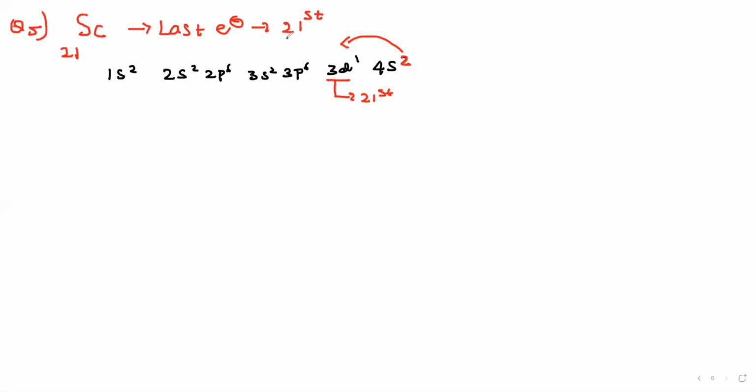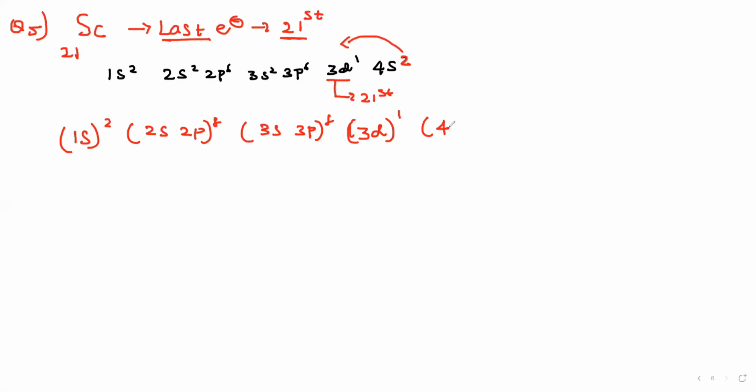They are asking for the 21st electron. What is the last electron now? The 21st electron, right? Now arrange in the Slater manner. Simple. 1s2, then 2s and 2p8, then 3s and 3p8, then 3d1,